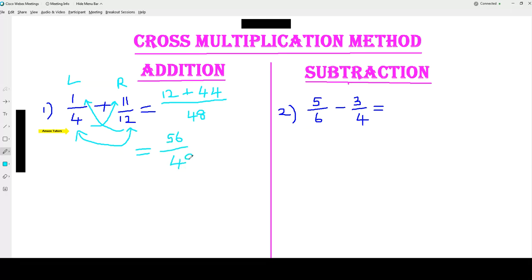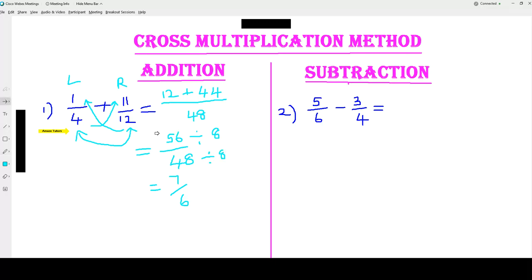Now, we are not going to leave this as the final answer because there is something common. As you know, the final answer should always be in the simplest form. Now, what is the common factor between 56 and 48? Think of the greatest common factor, or highest common factor, to cancel them out to make it simpler. So, I think both are divisible by 8, isn't it? Absolutely. Now, 7 over 6 when you divide both of them by 8, because 8 is the highest common factor.